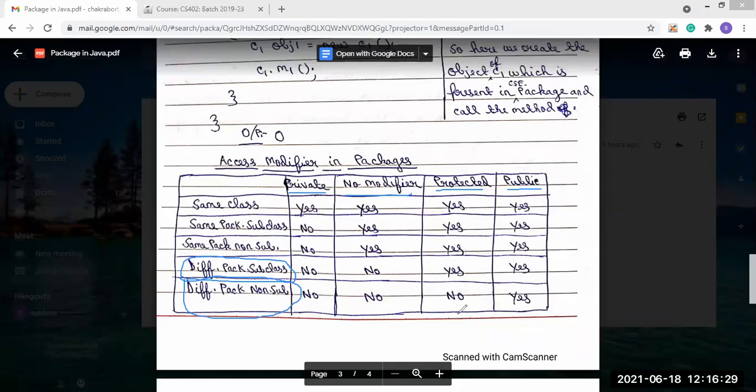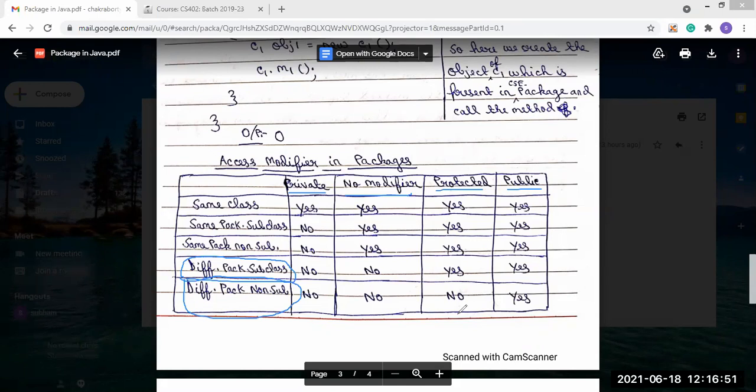Okay. So this is all about our package concept. Clear to everyone? It is clear? Yes, sir. Okay.